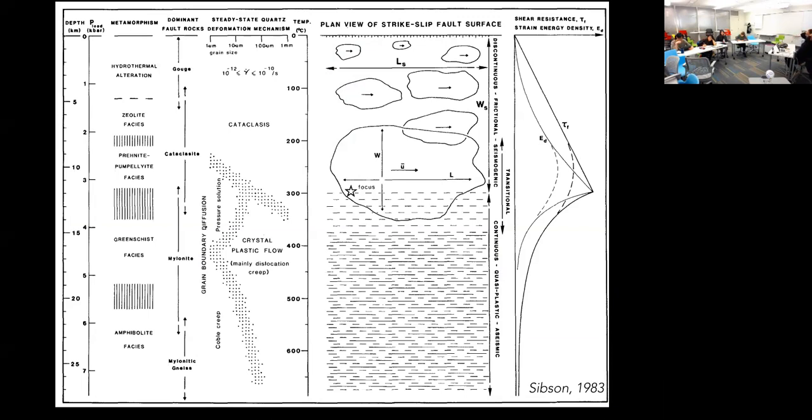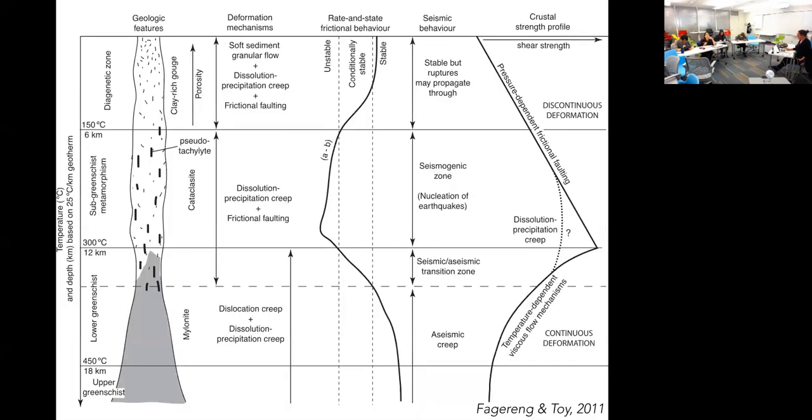Okay, so the wrap-up slide. This is the Sibson '83 diagram, which I've shown you to do due diligence, but luckily his students updated it, and obviously they also learned how to use Adobe Illustrator along the way. This is a summary diagram that shows everything you need to know about the San Andreas Fault, or a vertical fault cutting continental crust, from the geologic features